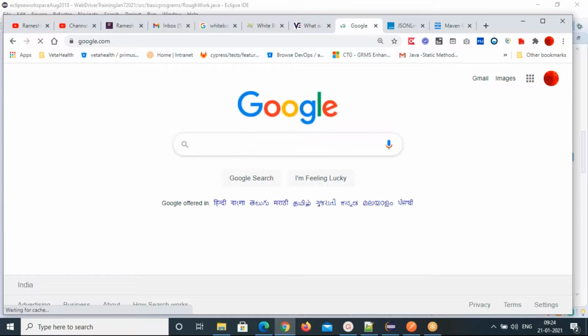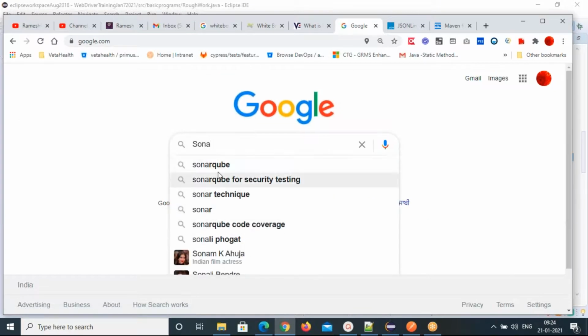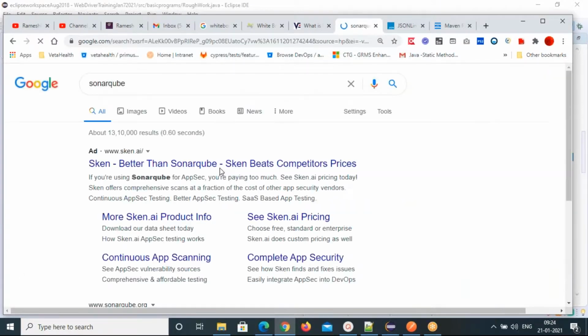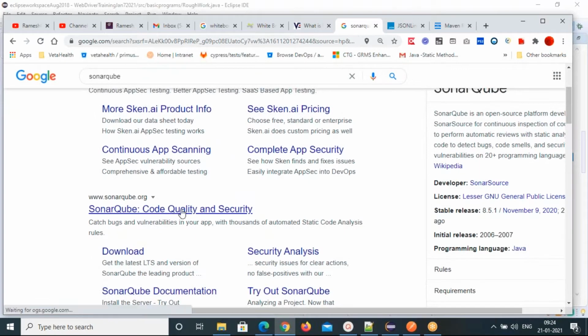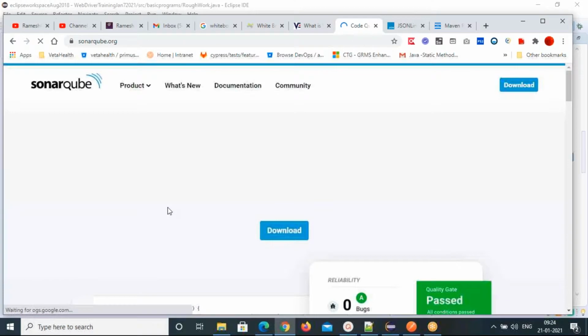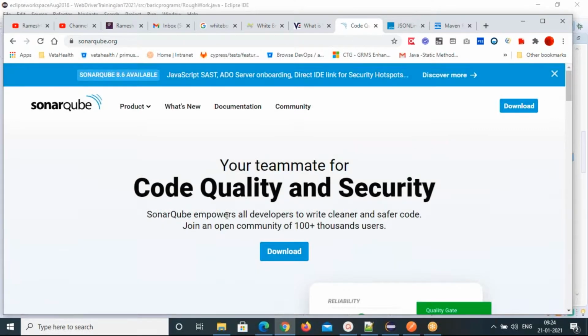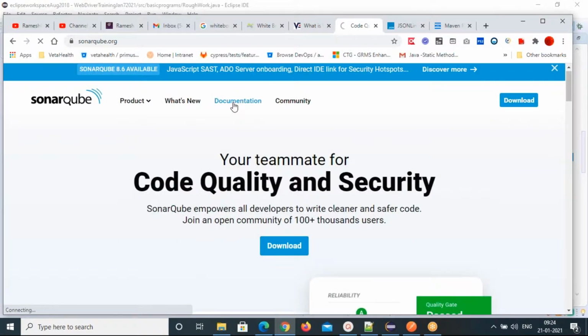So this is SonarQube, another tool for code quality and security. SonarQube empowers all developers to write cleaner and safer code. Let me give you the documentation.